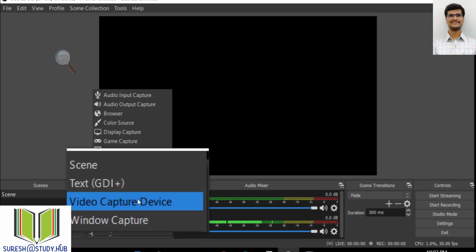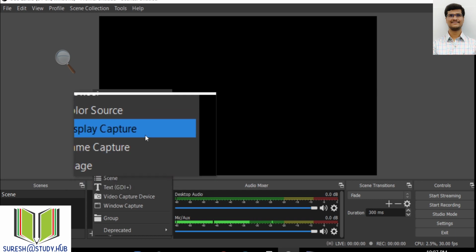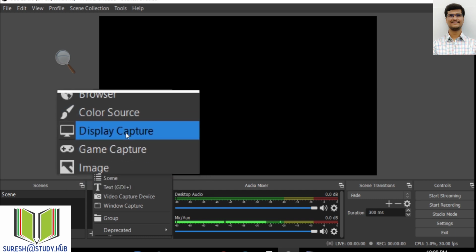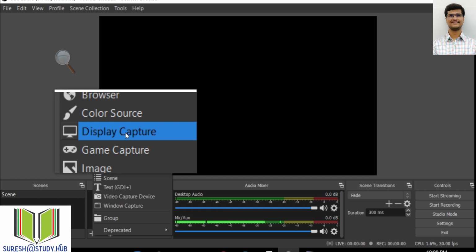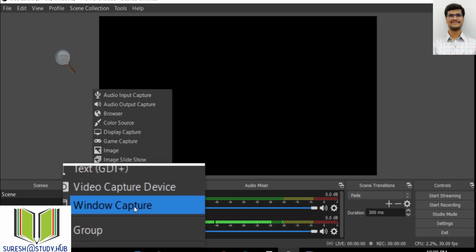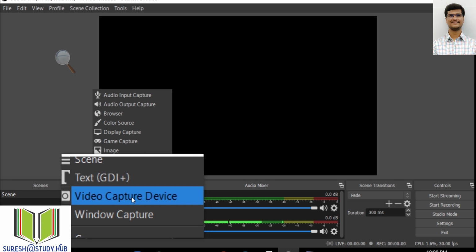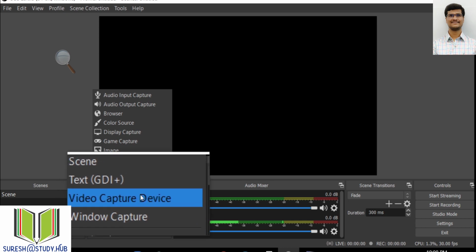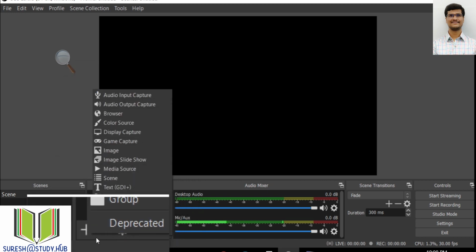Most commonly we will use window capture and display capture. If I want to record the entire computer, I will use display capture. But if I want to record a particular window, like a PPT or a PDF or anything, then I will use window capture. For the webcam, I will use video capture. This is all about sources.